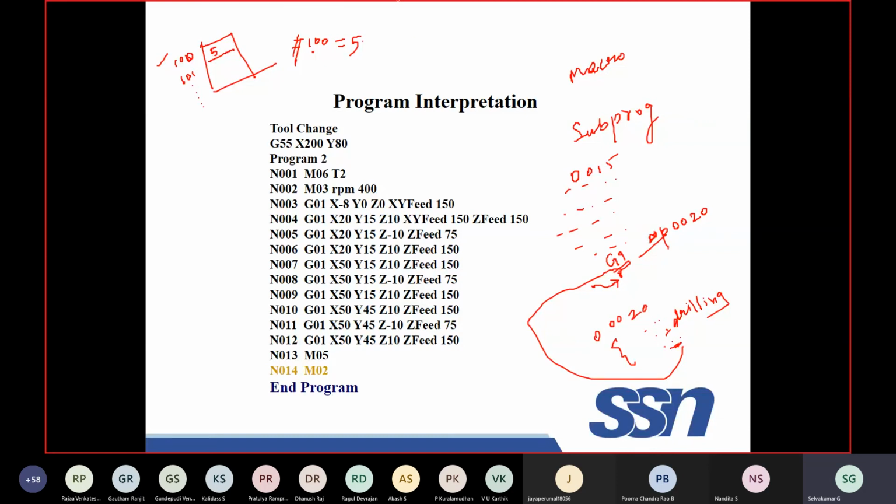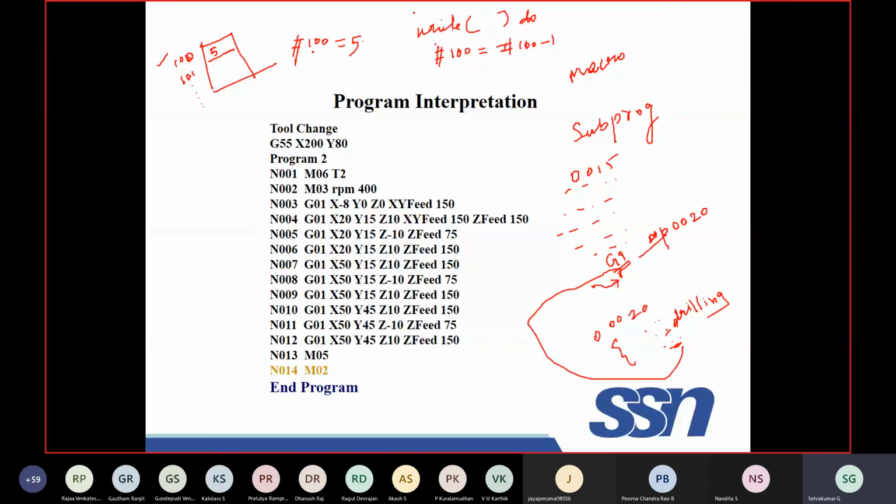So while I am writing the program, I am putting it in a do-while loop: while some condition, do. It's a simple example. Here I am defining X value as 5. Here again I make hash 100 equal to hash 100 minus 1.